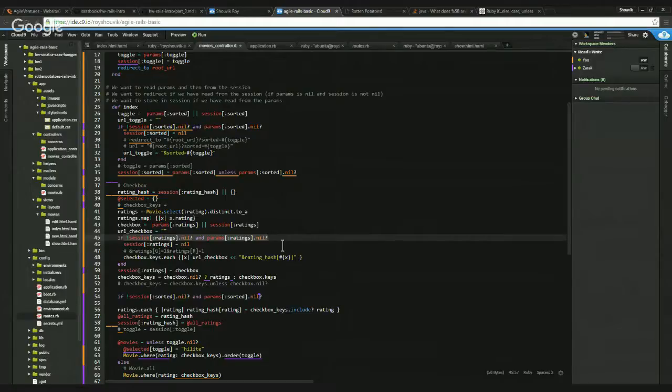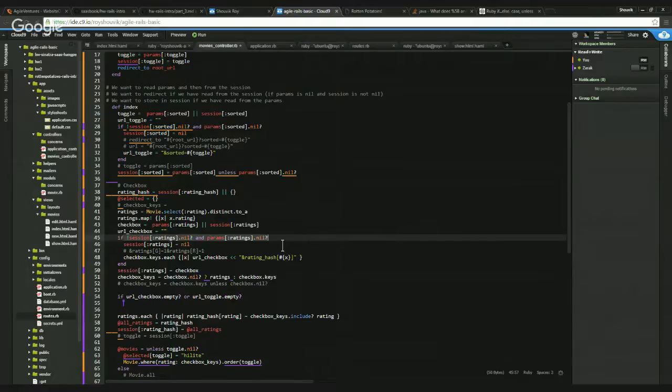So I can just get rid of this. And so, what are the string names? One is URL underscore checkbox dot empty, maybe an or condition. An or condition, yeah, okay. And the other one is URL underscore toggle, empty, and